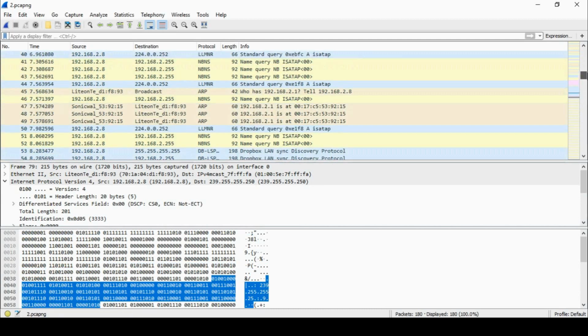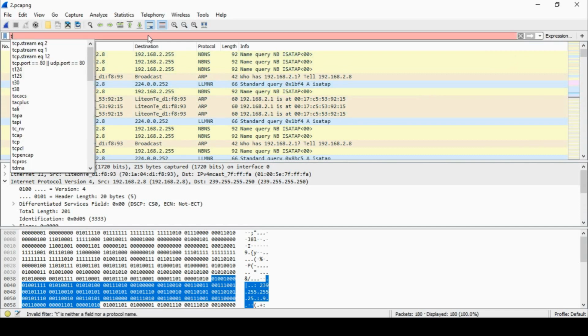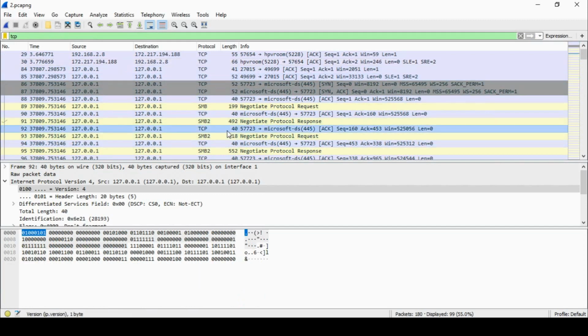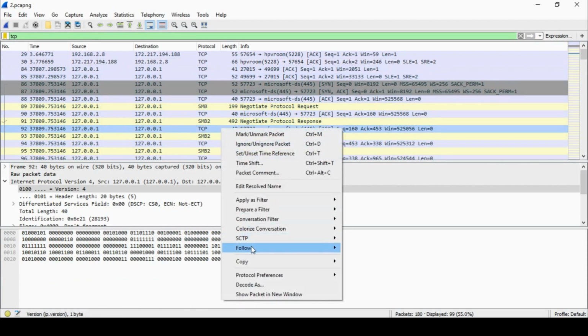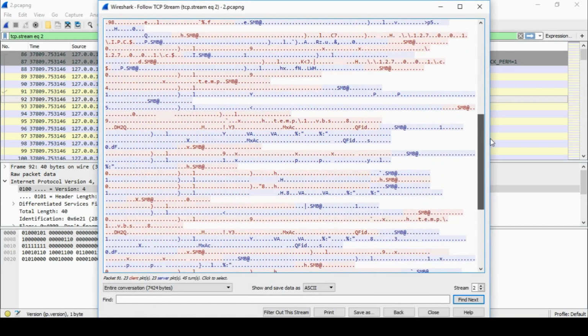Note all the different colors. Different protocols get different colors, just makes it easier to read. You can change those colors in the settings if you like. That's the first thing to note. The second thing to note is if you wish to see what's going on, so if I just change my filter to TCP and I choose, I don't know, not want an acknowledgement, this will do for the moment. If you want to see what this packet's doing and linking it to the next packet and the packet thereafter, you can right click and you can follow the TCP stream and it will come up and give you the whole